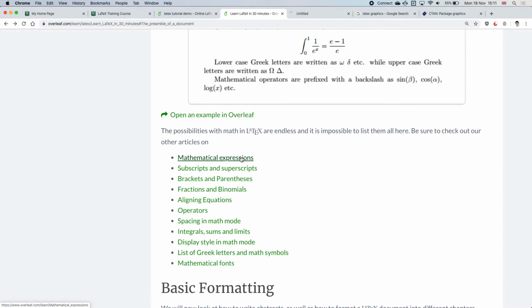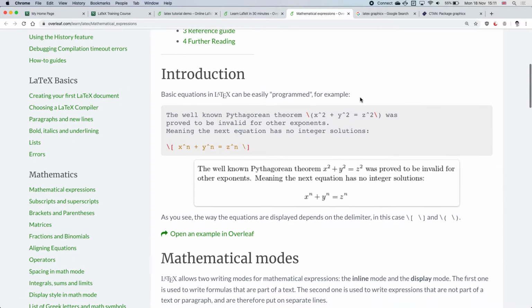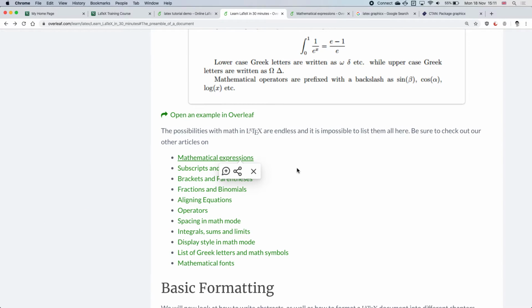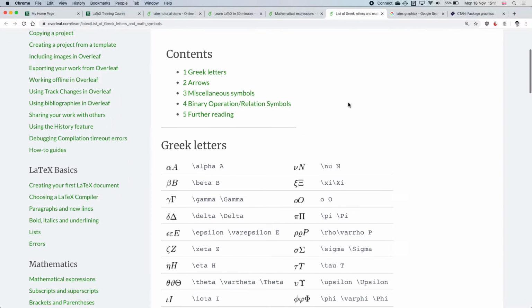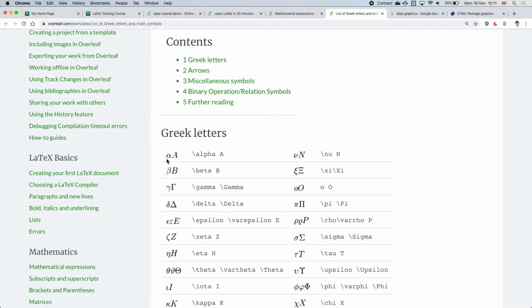It tells you what the common things you can do are. There's a bit more, and I think it also has a list of this one. So it has a list of Greek symbols which you can often use in your formula. They have special names. For example, if you want alpha, you use slash alpha, and it will understand and display